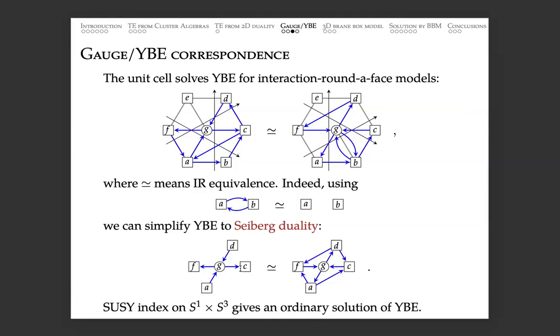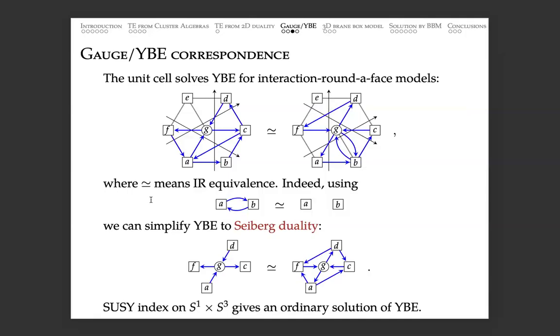Okay. So the Yang-Baxter equation is promoted here. It's a statement about the duality between two different 4-dimensional theories. So it's a very powerful statement, and in order to obtain some ordinary solutions of the Yang-Baxter equation, you can just calculate some quantity in each theory which is protected under the RG flow. Okay. Then one example is something called the supersymmetric index.